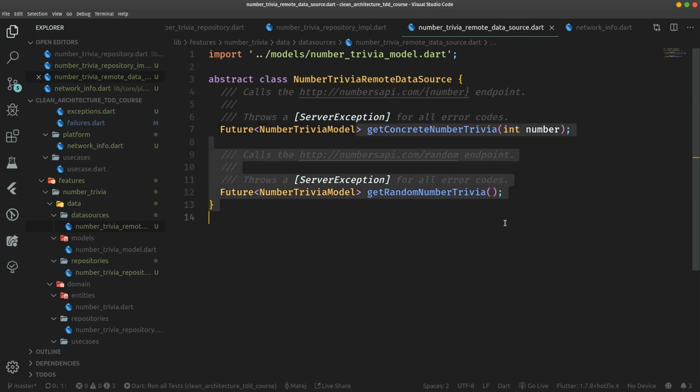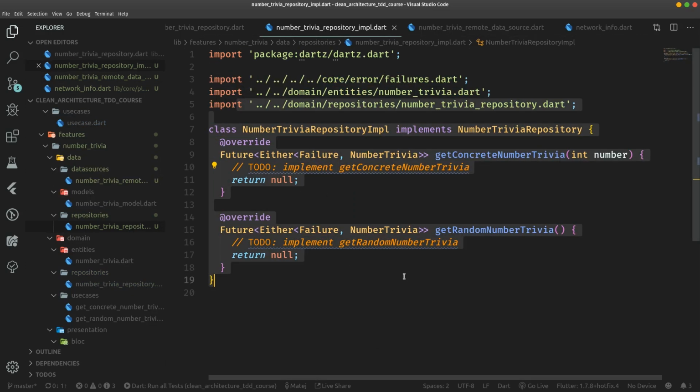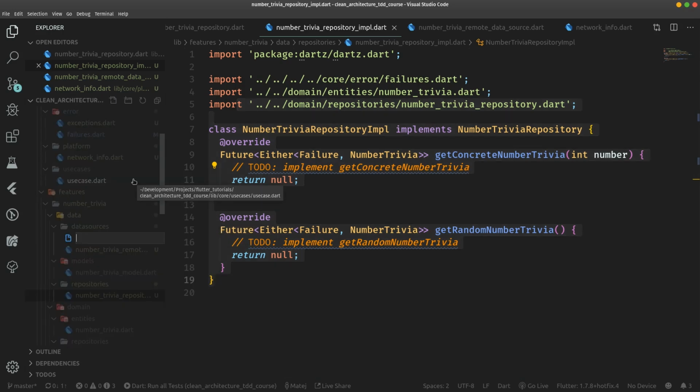And also, we're not gonna care whether we are dealing with the concrete or random NumberTrivia, because the caching policy, which will be implemented inside the repository here in the next lesson, the caching policy will be very simple. That is always to cache and retrieve the last trivia gotten from the remote data source. So whenever we have internet connection, we are always going to cache the lastly gotten trivia locally. So let's go ahead and create a new file under data sources, NumberTriviaLocalDataSource